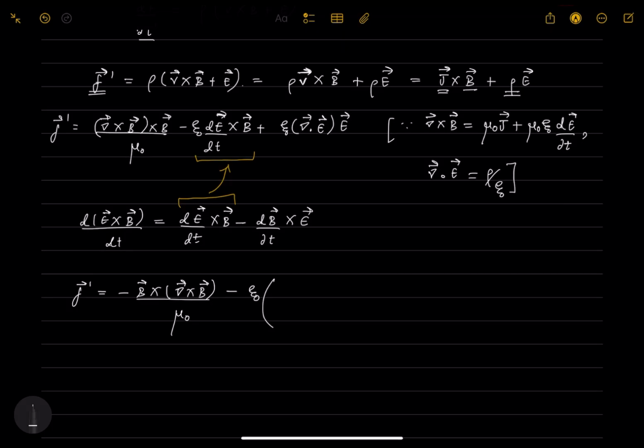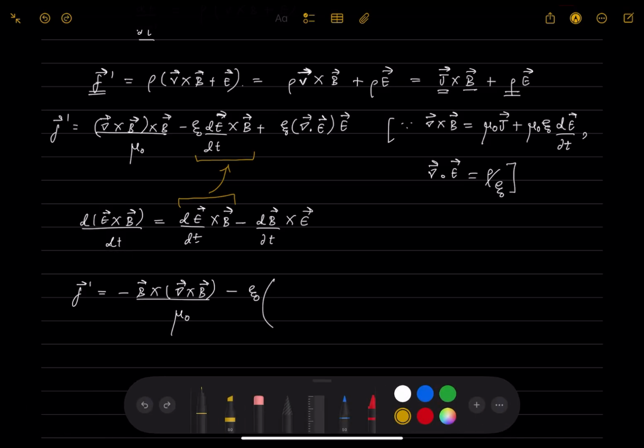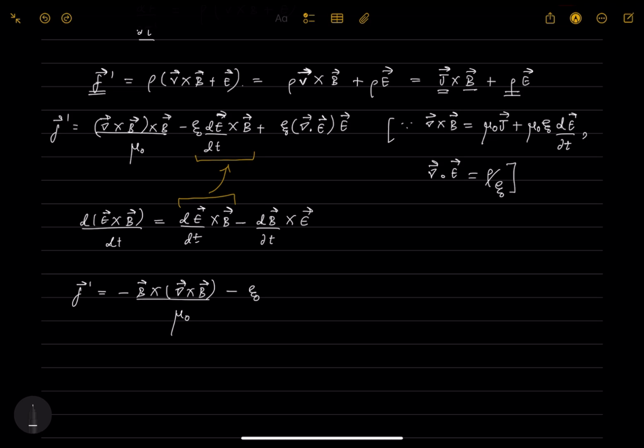And okay, we're going to use the expression that we obtained for this particular term there, which is going to give us epsilon naught mu naught times